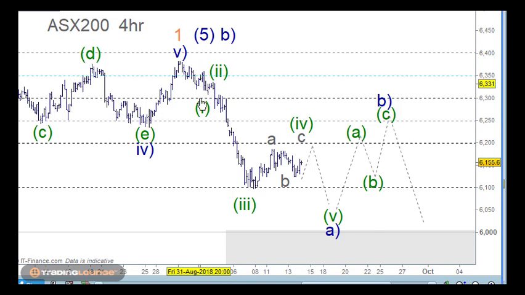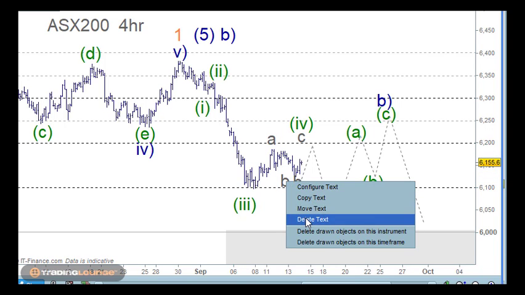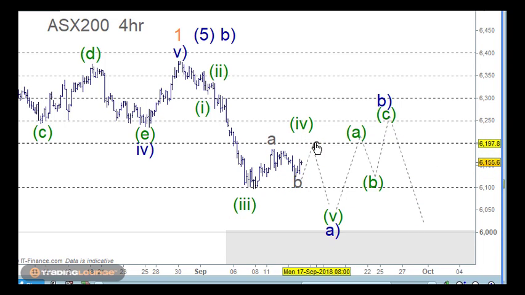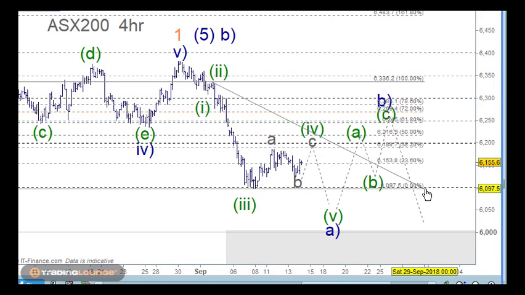3 waves down as an A and a B and a C, which would be a bullish move, and we would go straight up from that, or we'll get this A B wave here and then a little C wave coming in through here for wave 4, and then we'll come down here. So working with this here just for the moment, if we take this 1, 2, 3, 4, 5 here for the first 5 waves down, and we call this wave 1 and 2 here, from top of wave 2 to